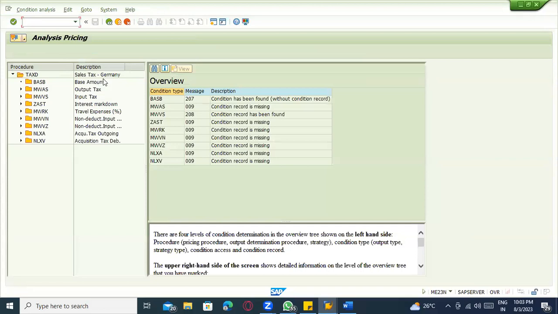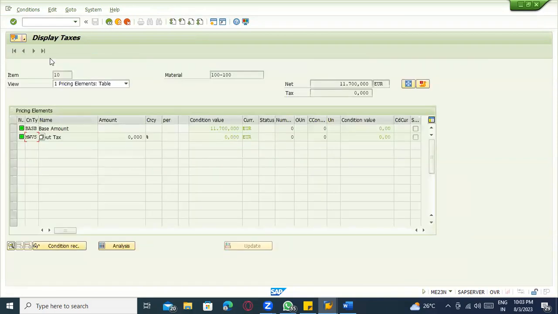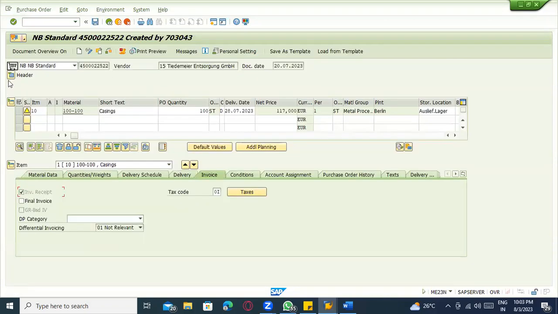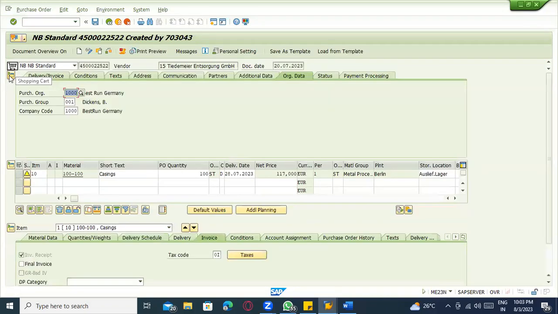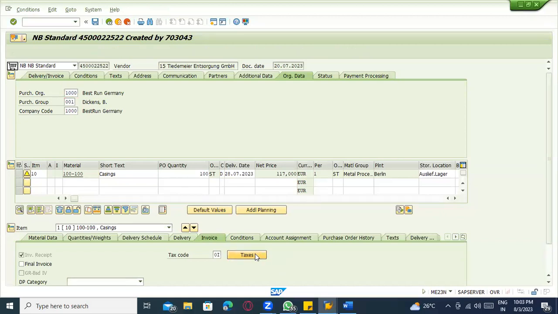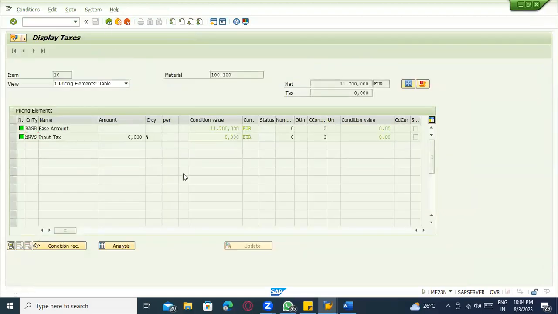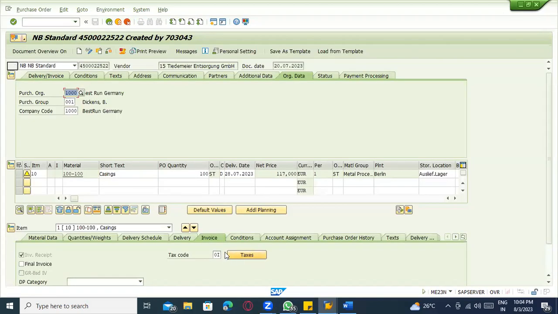Tax T, this Germany country is assigned this tax procedure. Again, whether this is the country or a different country depends on your configuration, on which country the company code has. Based on that information, the taxes will come based on the tax code. That tax code will be created by the financial team in FTXP. In FTXP, what will they do?